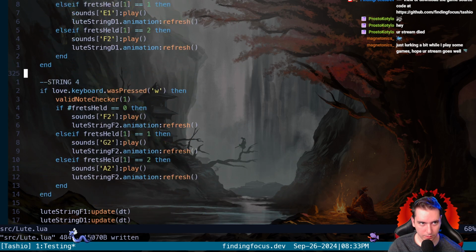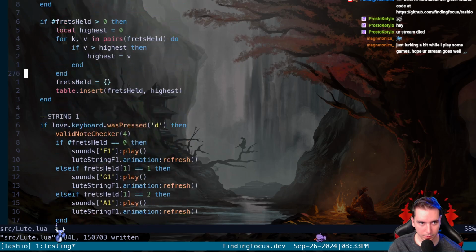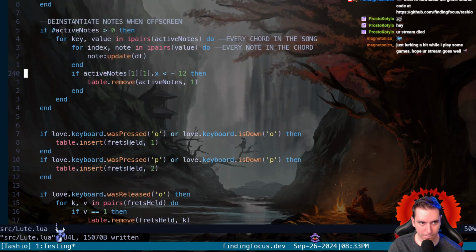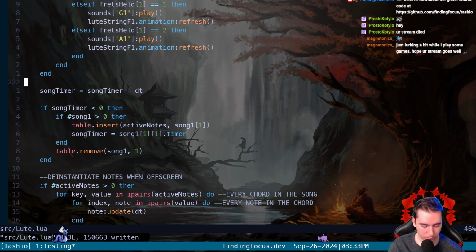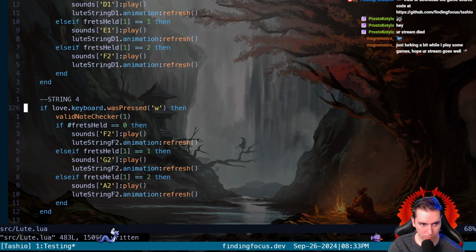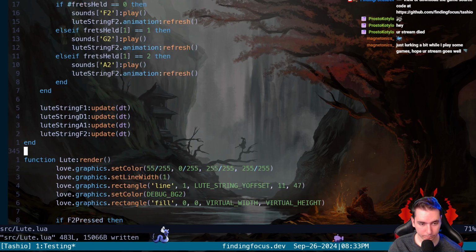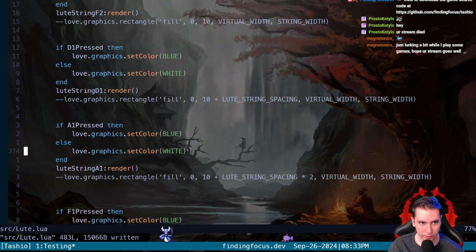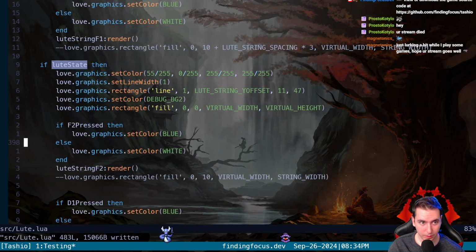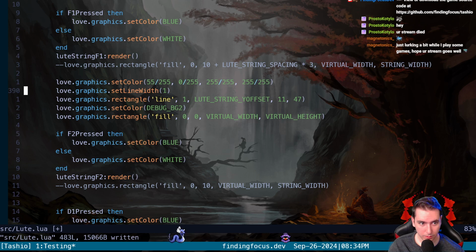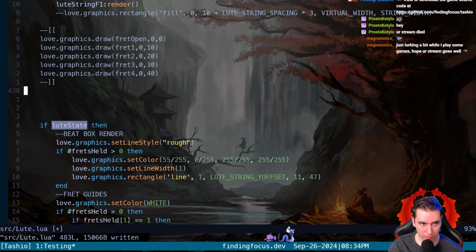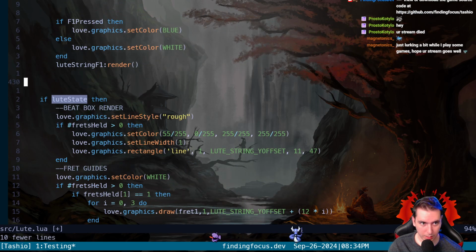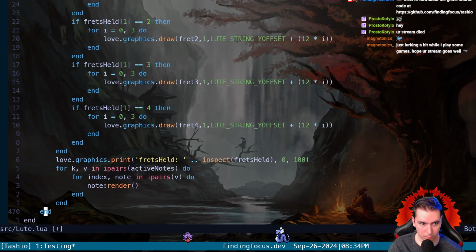We're missing an end, or we have too many ends. Oh. Okay. We need to take the Lute string. Oh my god. Here, we need to take this out, which means this end can go. A bunch of this can go. And this can go.